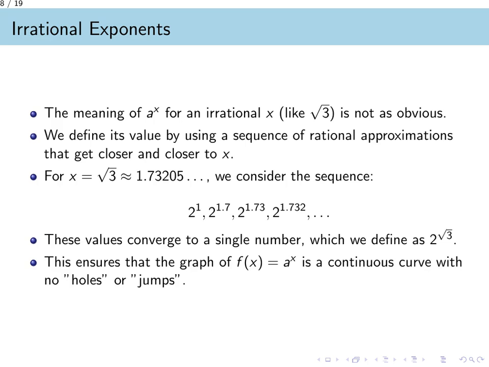If my function is 2 to the power of x, I can then look at the sequence of outputs: 2 to the power of 1.7, 2 to the power of 1.73, and so forth. As the exponents get closer to the square root of 3, these output values converge to a single, unique number. We formally define this limiting number to be the value of 2 to the power of the square root of 3. This method ensures that the graph of an exponential function is a smooth, continuous curve with no gaps or